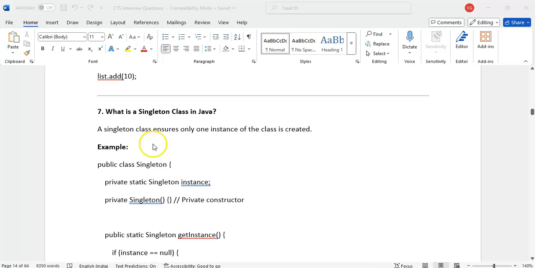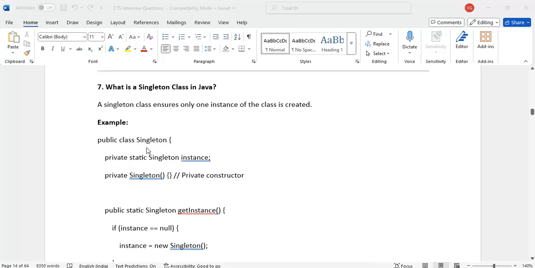Right, next question is what is a singleton class? Why will we use it? To create a single object at any time. If we create objects multiple times also, I want only one object at any point of time. If we create it 100 times, 1000 times, I want only a single object for that class, right?